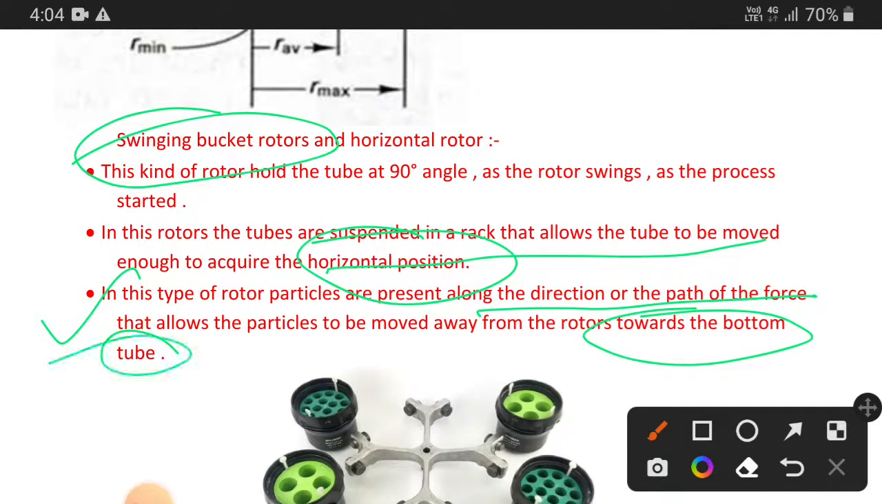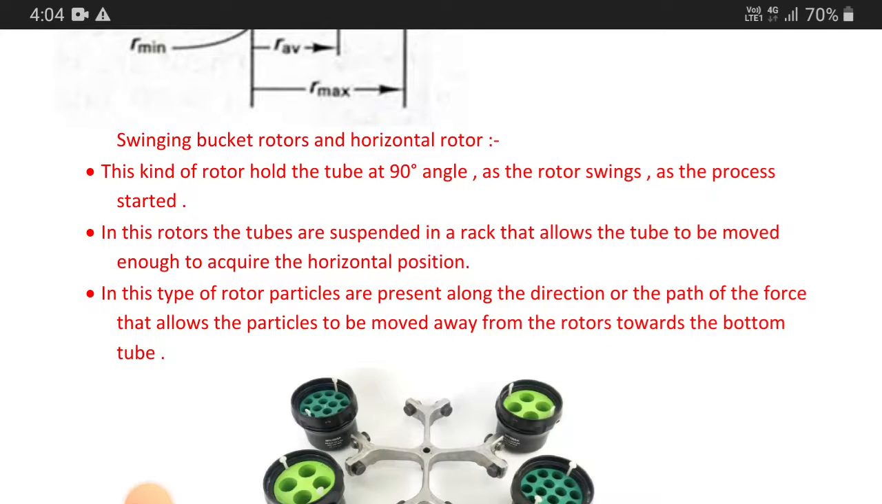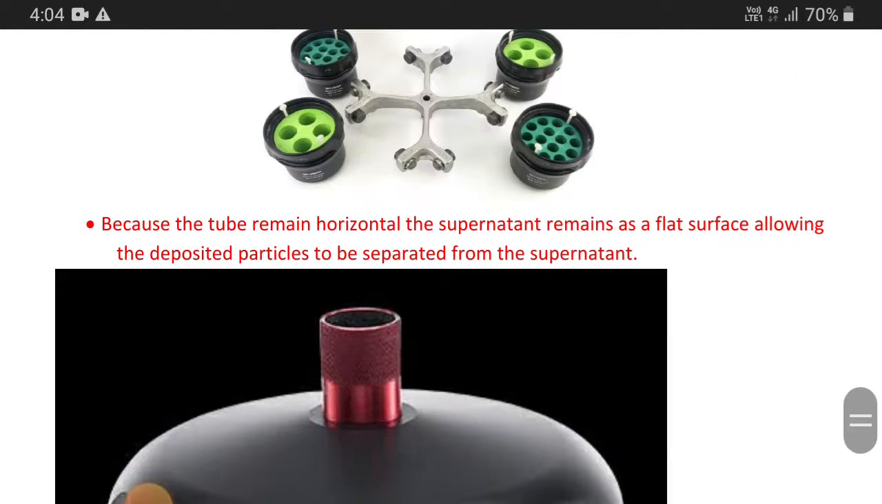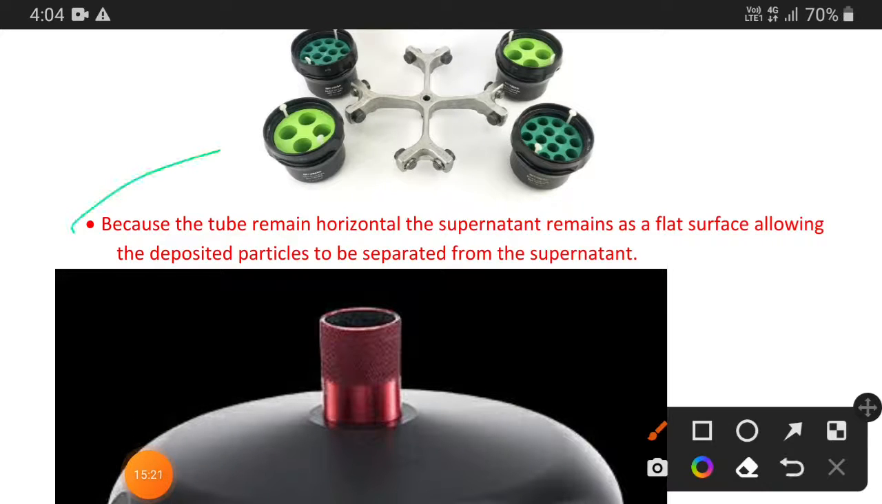Okay, so here for a pure pellet formation, or if you want to concentrate your sample, you can opt for the swinging bucket rotor. Now because the tube remains horizontal, separation of the deposited particles from the supernatant is easy, because our supernatant in the swinging bucket rotor remains flat. Okay,